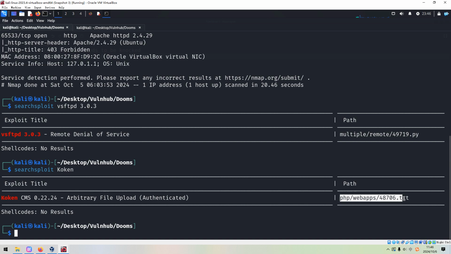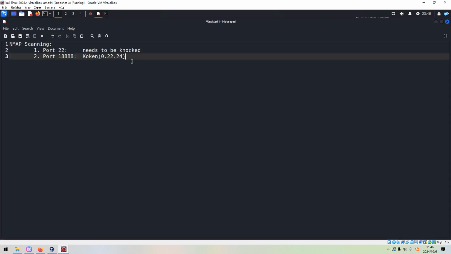Even here is not exploit code because the extension is text, maybe some sort of instruction on how to exploit this vulnerability. And I think we can copy it.